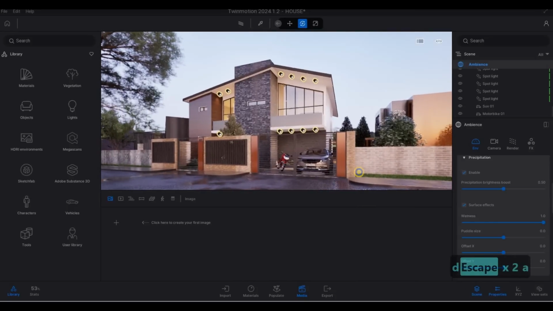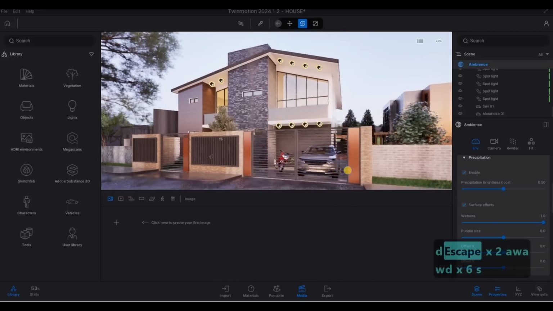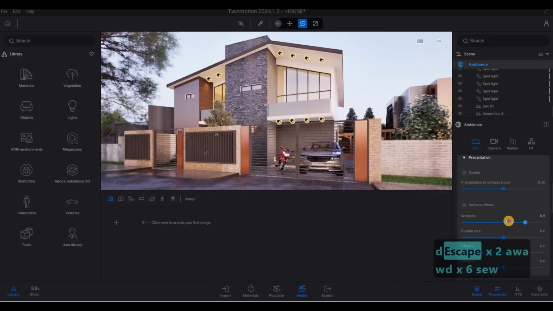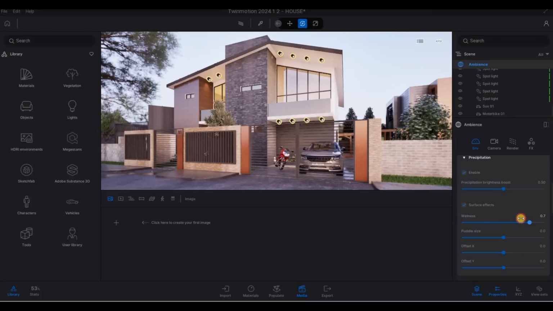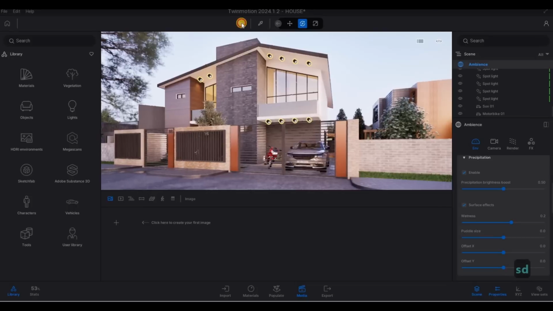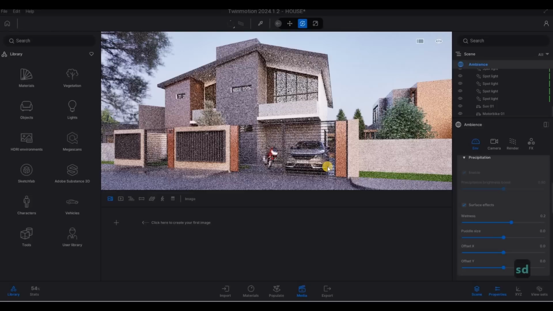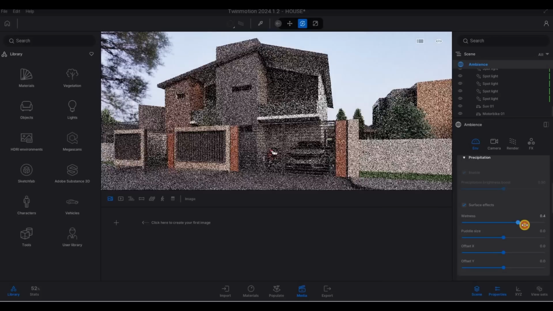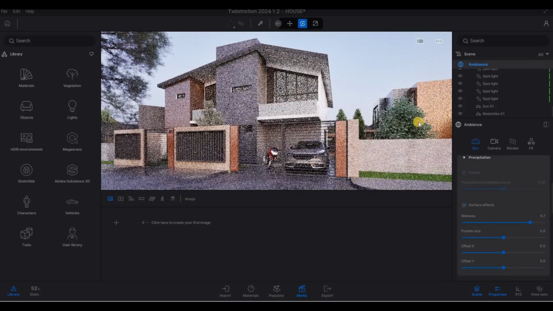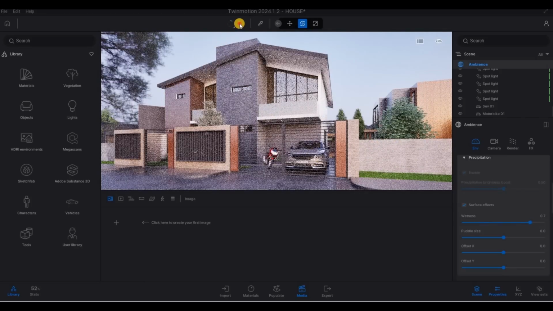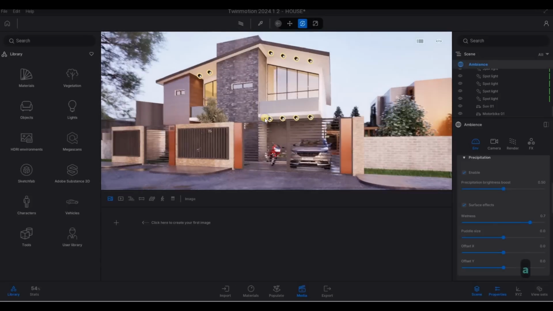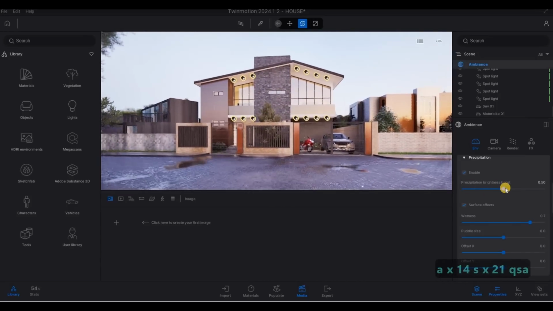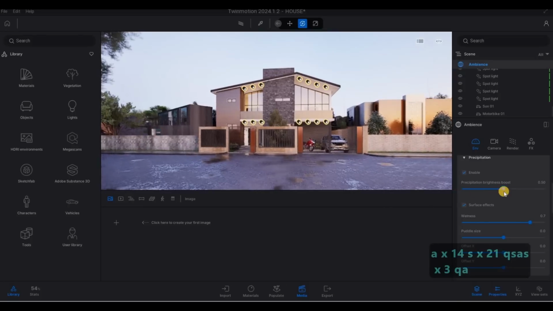I think that's good enough. The change in wetness in some of the material looks nice. It looks realistic. So that's why it looks nice there. So now that this one is done, what we can do,